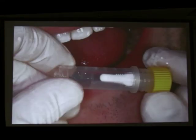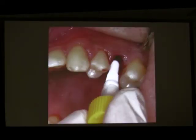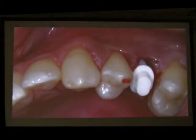This is how it comes. We unscrew from the sterilization blister, and we bring the implant into the socket, not by screwing in, but by pushing in, because this is a press fit implant. So we push as much as we can with our fingers, and then we remove that silicone tube, and we